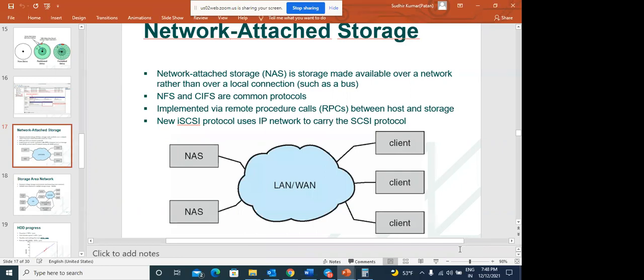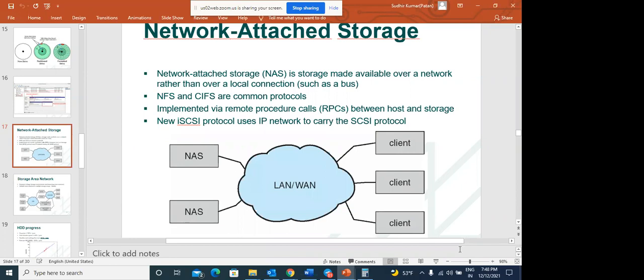So what they did is purchase 1,000 PlayStations. They created a cluster of PlayStation systems, then ran their applications over that.